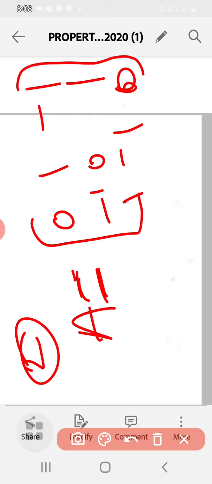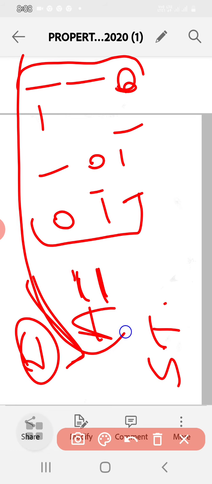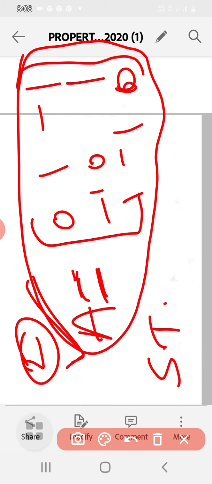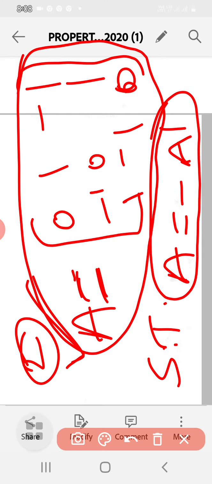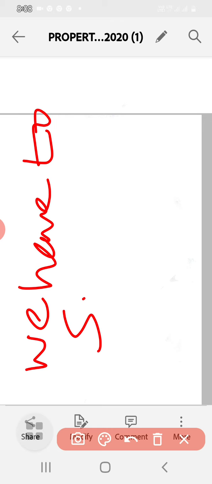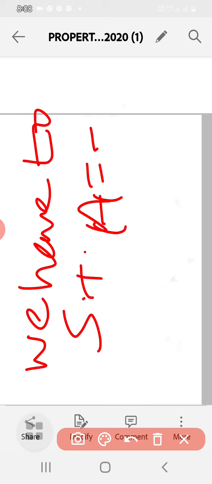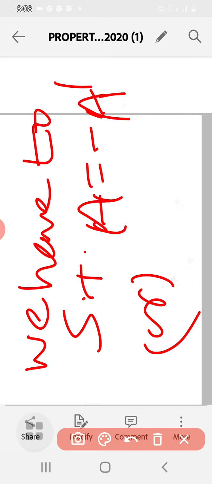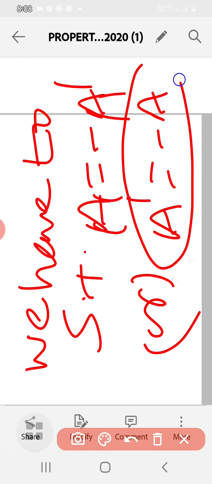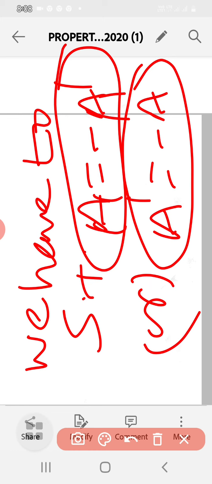What is the definition of a skew symmetric matrix? To say that this matrix is skew symmetric, I am repeating once again, by the definition we have to show that A is equal to minus A dash, or A dash is equal to minus A. Both are the same, and you can take up any one. Let us show this.